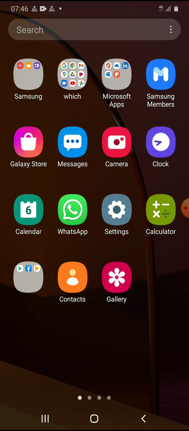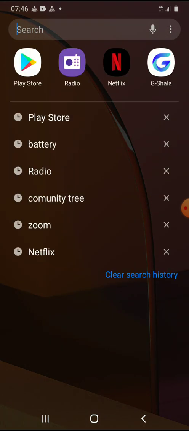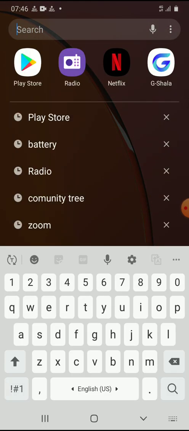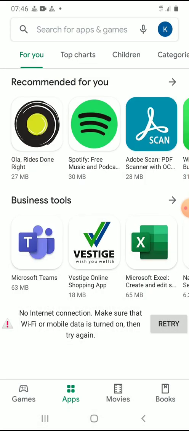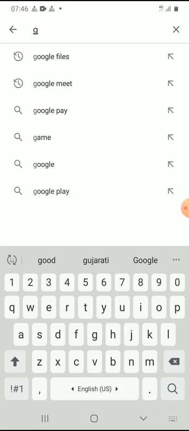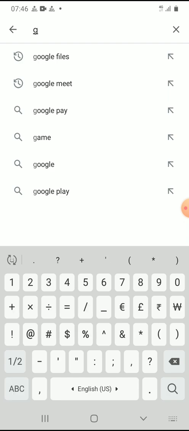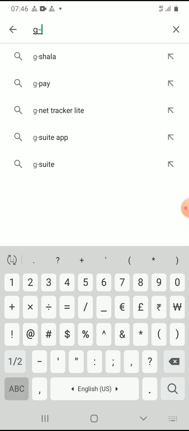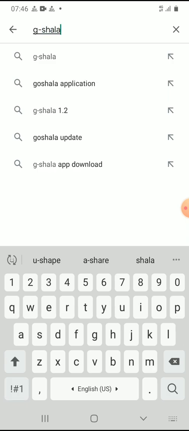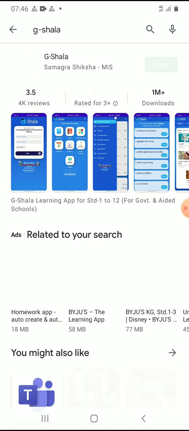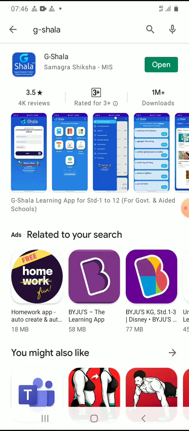In your Android Play Store, here you have to search for G Shala. As you can see, this blue color logo indicates it's the official G Shala app by Samagra Shiksha.